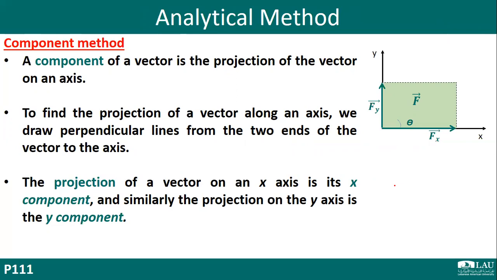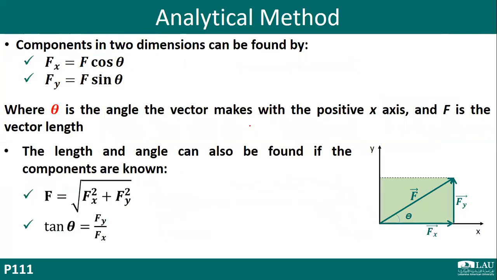And similarly, the projection onto the y-axis is the y component. So here we'll be able to find Fy and Fx, or simply the x component of F and the y component of F. Now, how can we calculate the x component and the y component based on this angle or this representation? We need to use the sine and the cosine